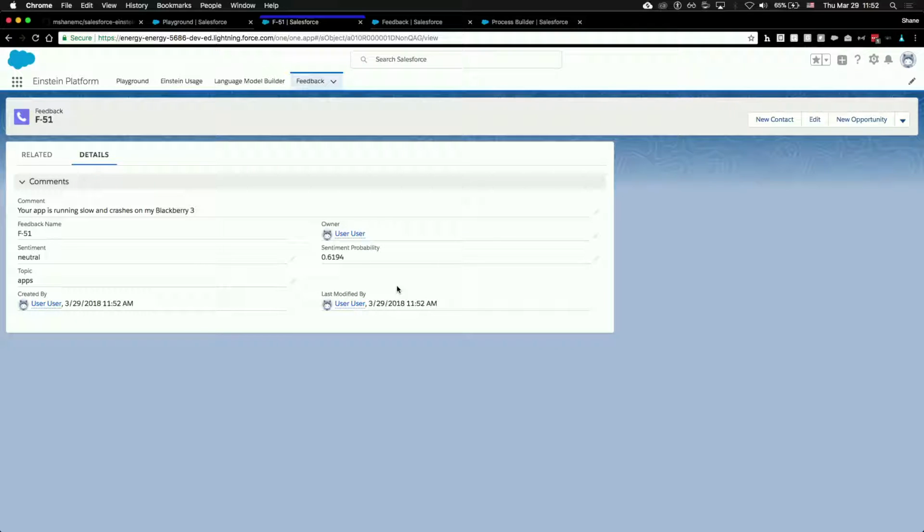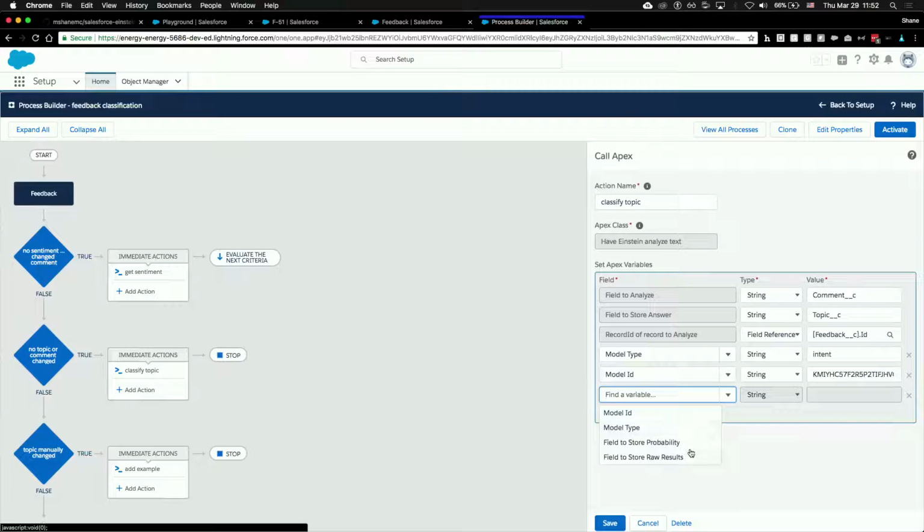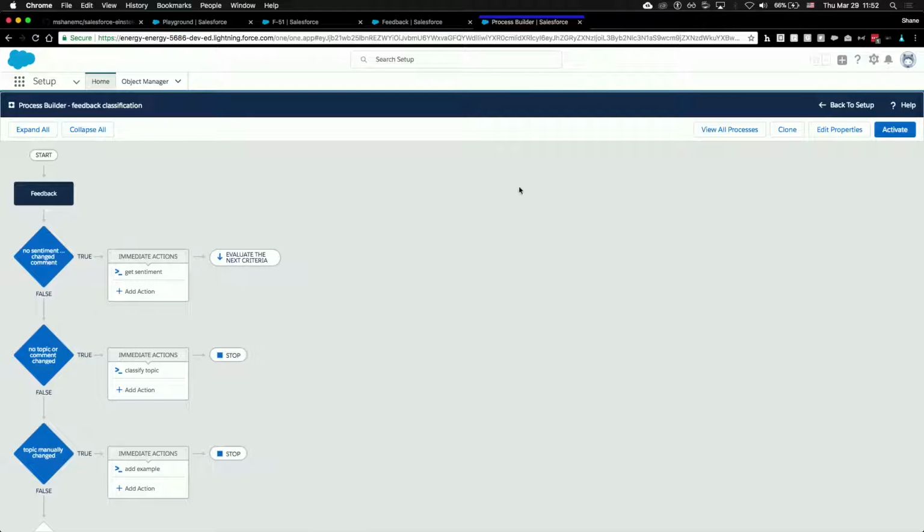And then if I'd wanted to, I could have put a probability field for the topic. And there's also one other option that you'll see in our invocable Apex here, is that you can store the raw results. Because a lot of times we give you back the top answer, is kind of what it's doing now. But if it's like, we think it's 60% apps and 40% something else, you may want those full results. And they just get posted in as JSON. And so if we created a custom text field, we could then store those results in it and maybe use that for some other things. So there's some options there.